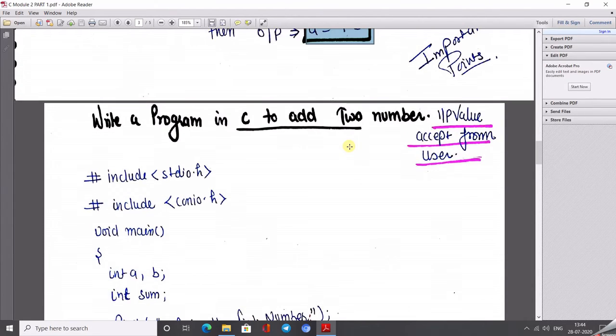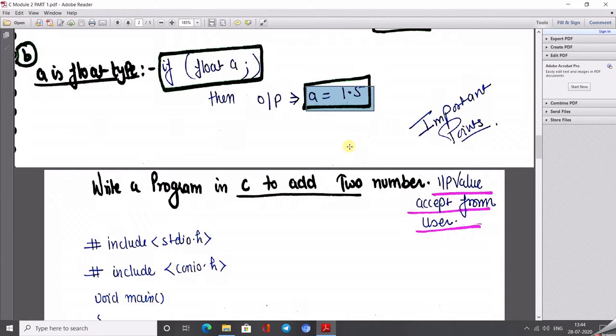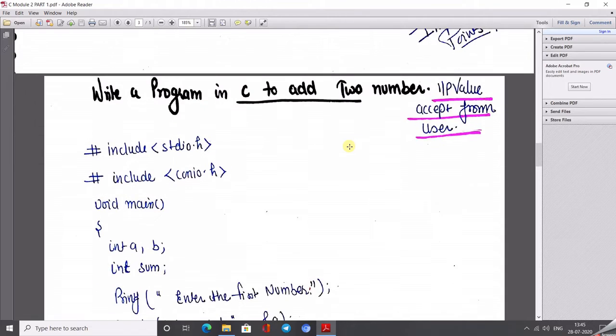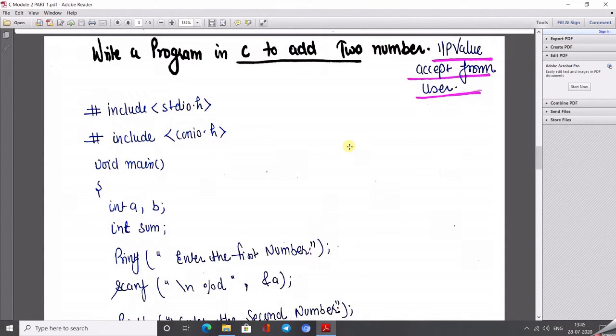So keep in mind that during arithmetic operations, try to take all the values in terms of float numbers. In the case of plus, minus, division and multiplication, take all the variable types in terms of float only.